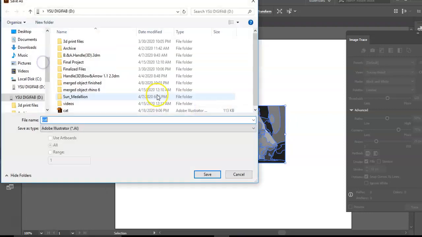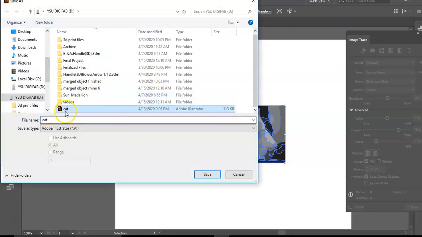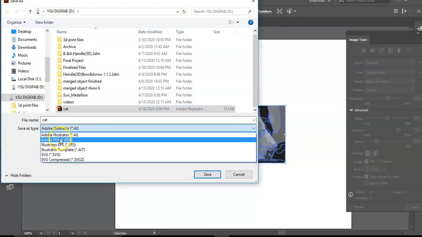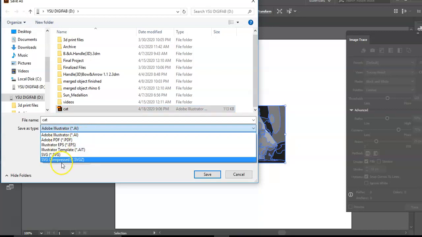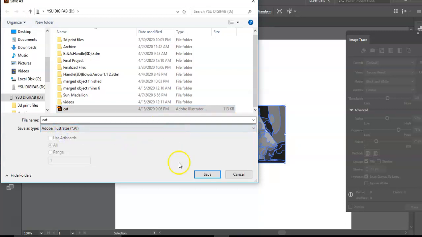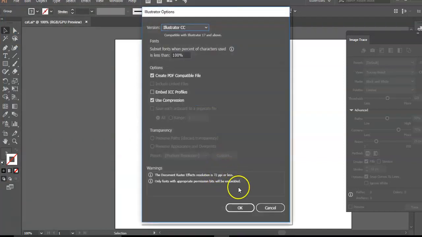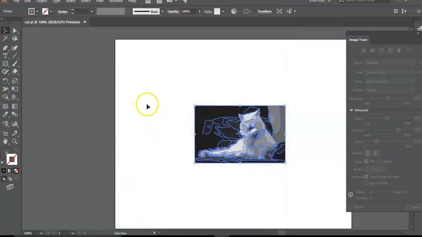Now I'm going to go ahead and go to Save As. I've already got a file started. You do have to make sure you save it as an Adobe Illustrator file. Don't save it as a PDF, an EPS, or these other formats. It will not work. So save it somewhere where it's going to work well. I'm also going to